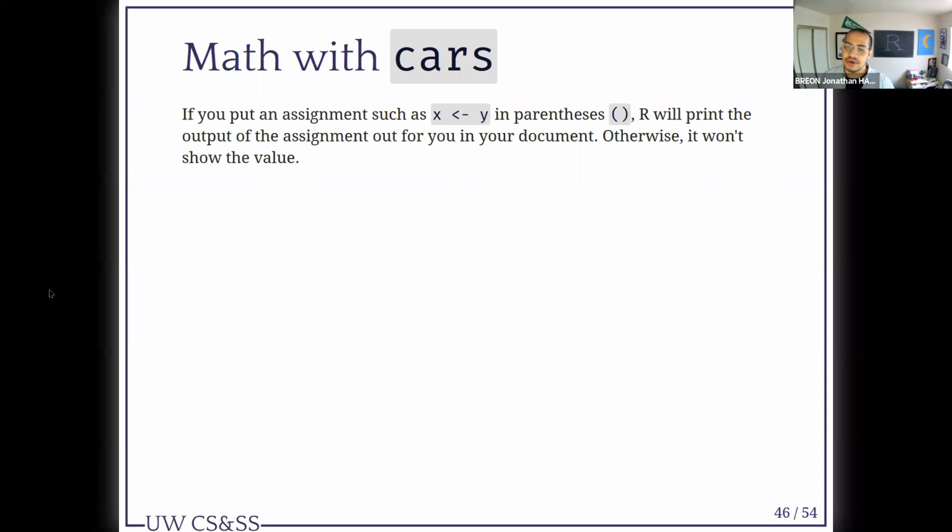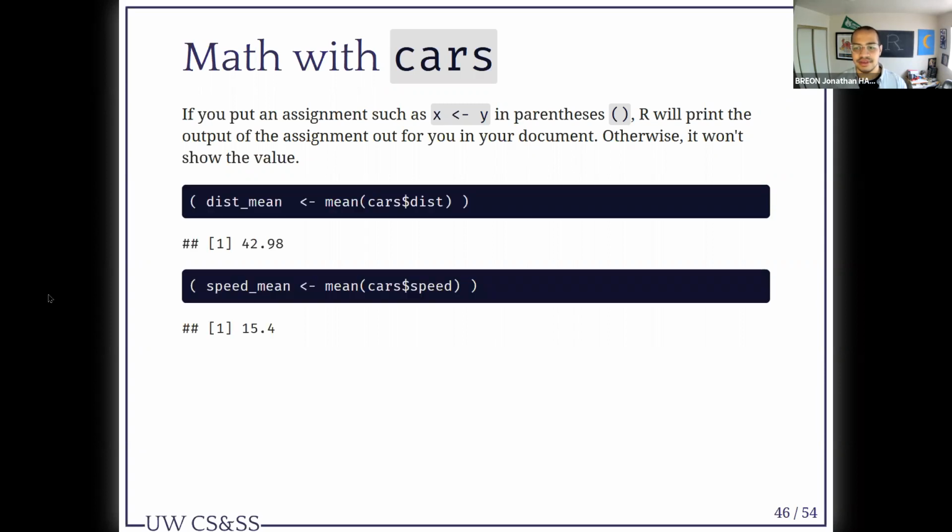We can do math with the cars data set. If you put an assignment such as x <- y in parentheses, R will print the output of the assignment for you in your document. Otherwise, it won't show the value. Okay.